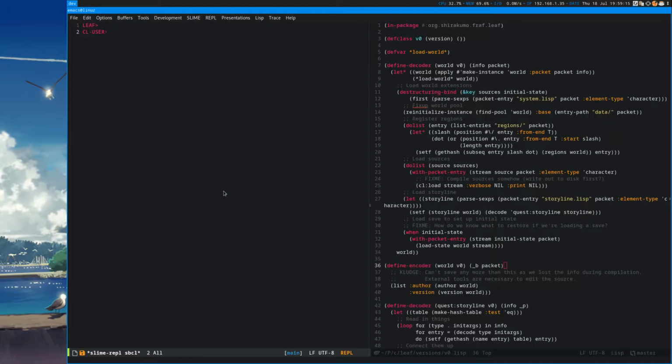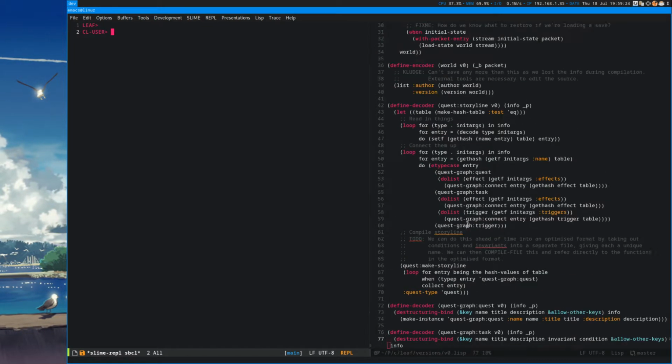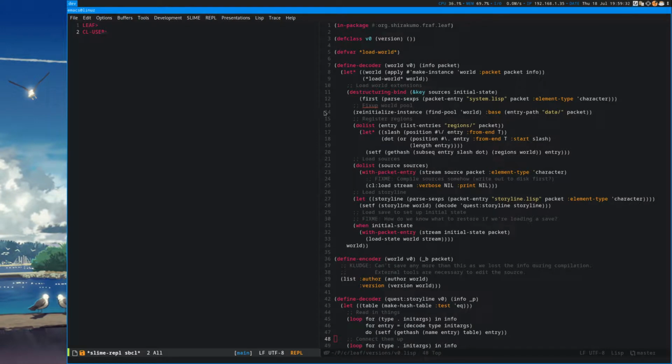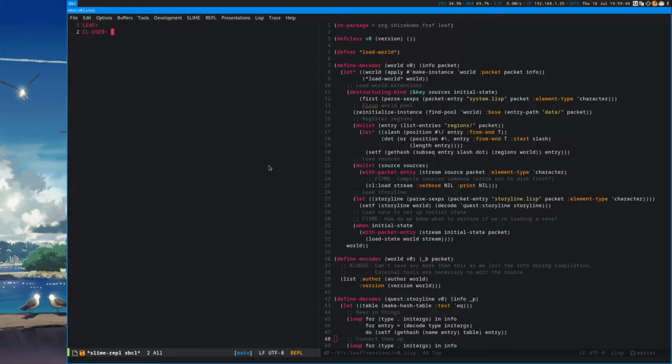What was yesterday? I forget. Yesterday was more world loading stuff, I believe. And today I did quite a bit of work on that as well. So, yeah, I did quite a bit, but still not quite done, or in the very least, doesn't launch quite yet. So let's get back to testing that stuff.